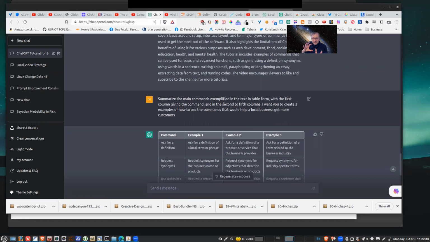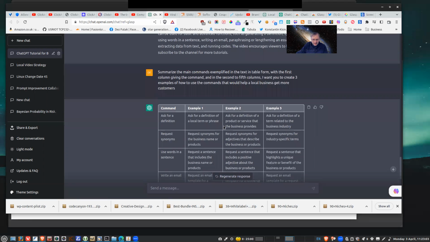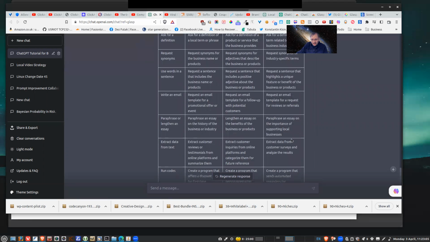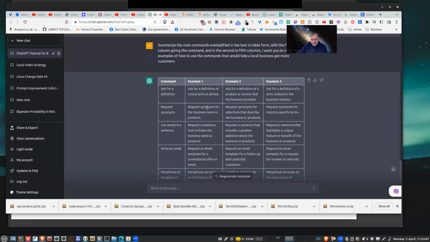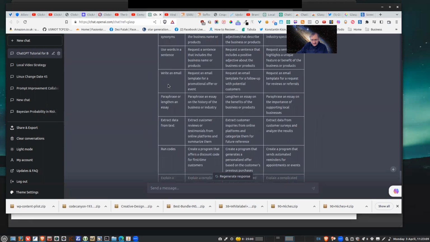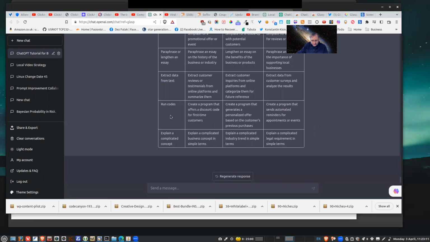So what I'm now doing is I'm kind of repurposing. I'm taking the content in the video and I'm using ChatGPT to extract the information out, and then actually to create a summary table of examples of what the video was talking about. And then it does it very, very quickly. So here it's done the summary of the different things that I mentioned in the video.